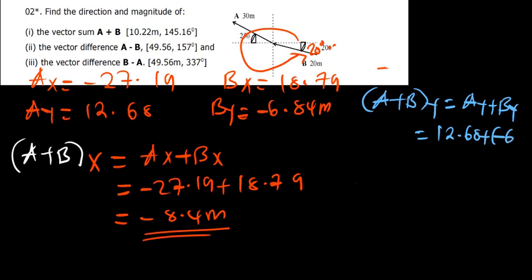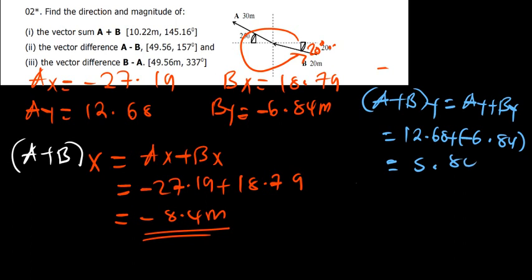Now since I don't have enough space, let me just shift this part a bit here. My By is negative 6.84, like that. So what is my answer? So 12.68 minus 6.84, like that. So the answer I'm getting, guys, is